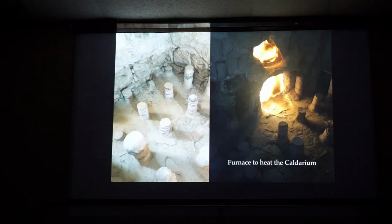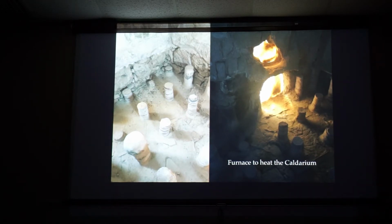As you move around from the palace, you come to the Caldarium. We've seen these things before, but these things are not all that tall. They're about this tall. They are the pillars or columns that would have had a floor over the top of it. The furnace right here would have been blazing hot. There would have been bellows that would have sent hot air in between these pillars throughout that open area beneath the wall. Above it would have been